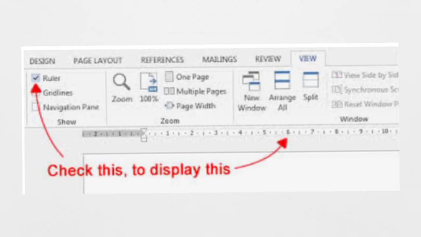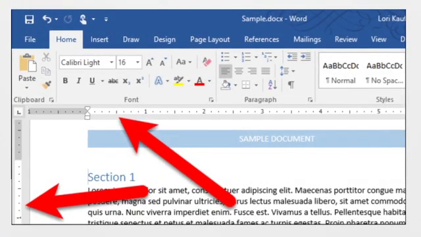If it is unchecked, the ruler will not be visible. If it is checked, the ruler will be visible on the screen. So to make it visible, simply check this box and you will see the horizontal and vertical ruler appear on the screen. Fine. Now once the ruler has appeared, what do you have to do to change the margin? By default I told you it's 1 inch. If you want to change it as per your own choice, like you changed previously in the dialog box, but here there is no dialog box, you have to change it using the ruler. The vertical ruler will change the margin from top and bottom. The horizontal ruler will change right and left.